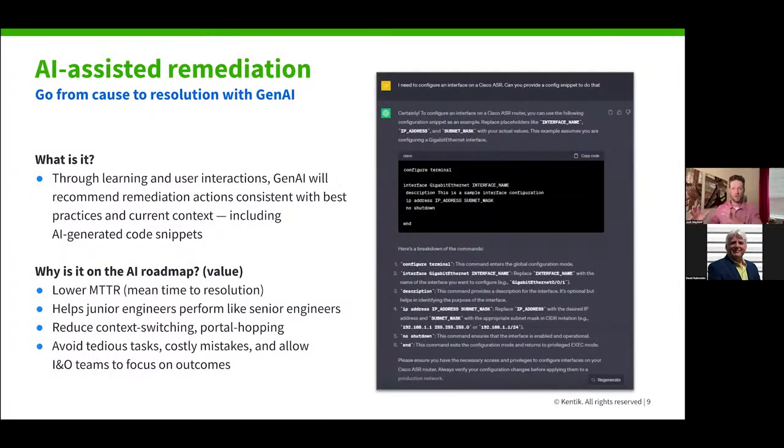As you're looking at your roadmap and what you want to implement and using AI in these ways within INO, that final achievable stage, stage 4, is now start to do some remediation. So anything that you're planning out there through learning, through user interactions, it should be able to recommend certain resolutions, remediations, mitigation steps, a recipe for closing any sort of exposure or gap or trouble area, and doing so with the current context that it has, but applying what the LLM knows.